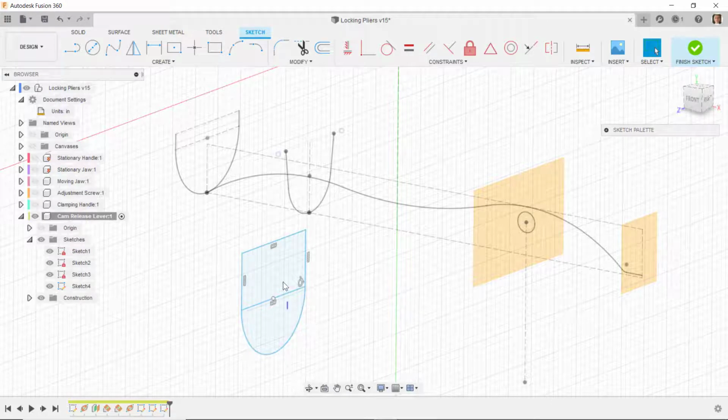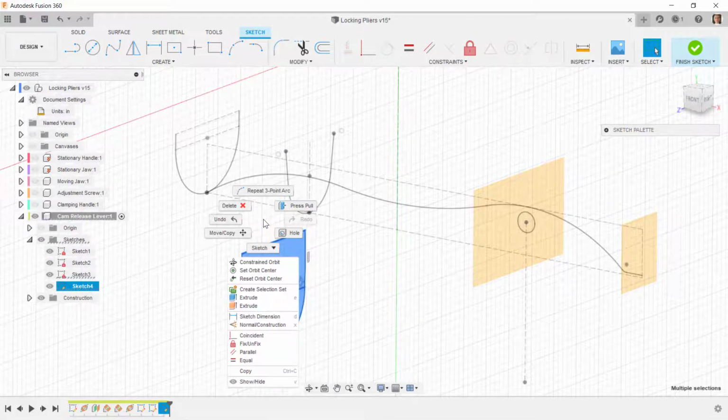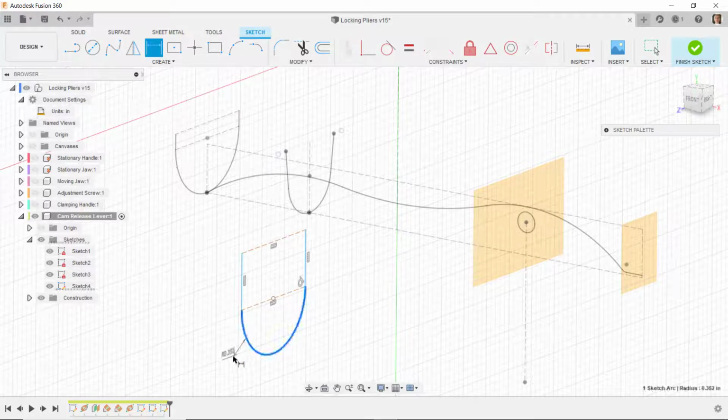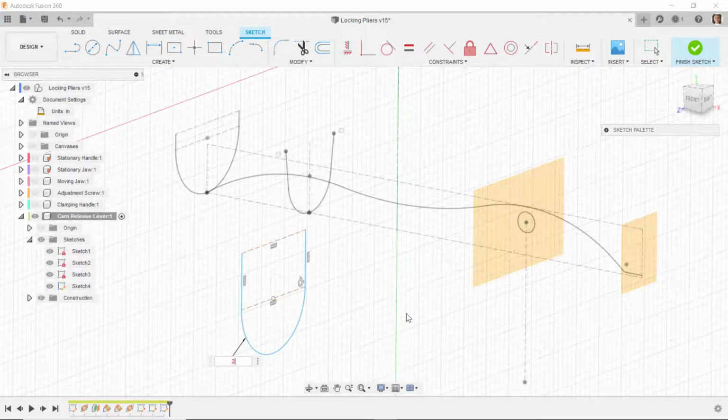I will change these two lines to construction lines, and so pay attention to the slight differences that I do between each sketches. So this one was kind of a angled shape. This one, the lines are vertical, and I will dimension the radius of this arc, and I will do that at 0.235,